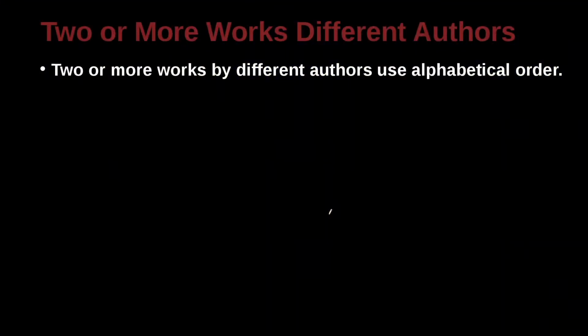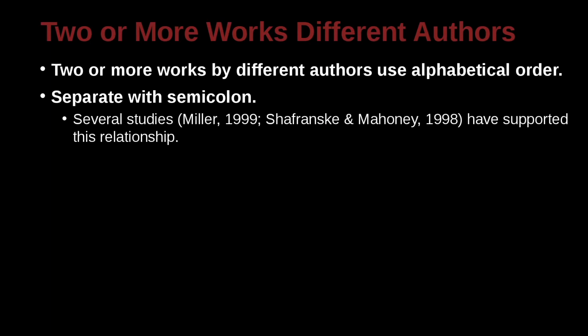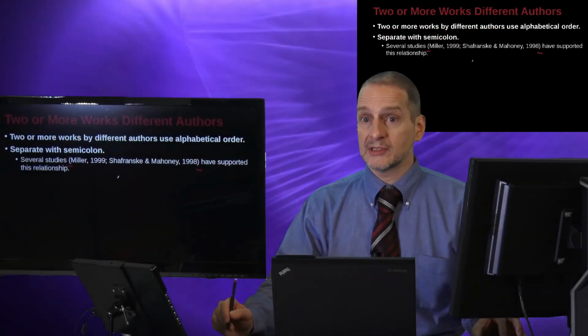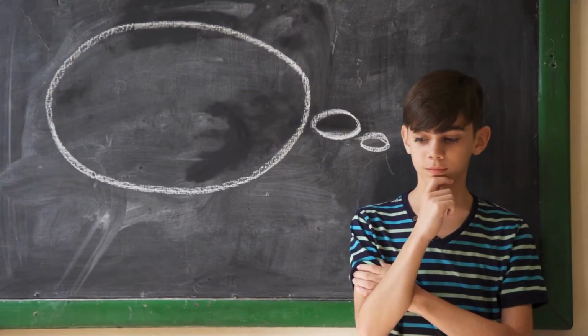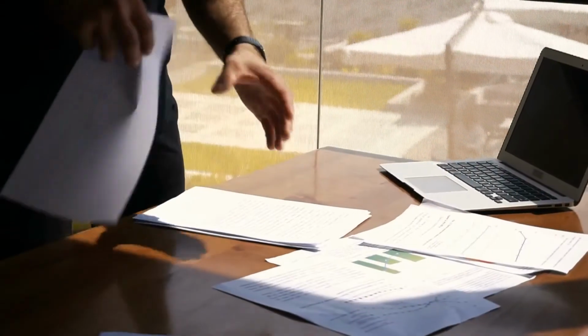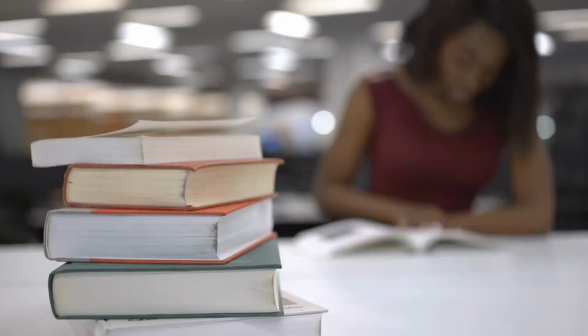For two or more works by different authors, we're going to use alphabetical order, separated by a semicolon. Let's take a look at this case, which is super common. "Several studies (parentheses) have supported this relationship." This is probably one of the most common uses of the inline citation. That is, you have an idea, and this idea has multiple papers you've drawn from,